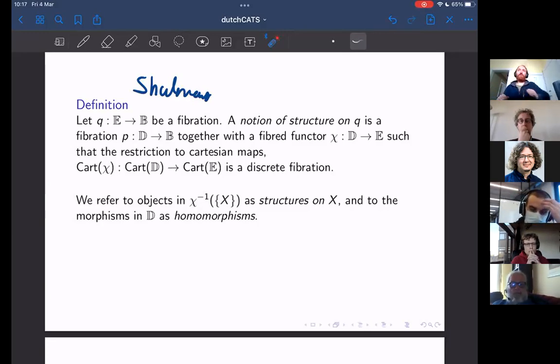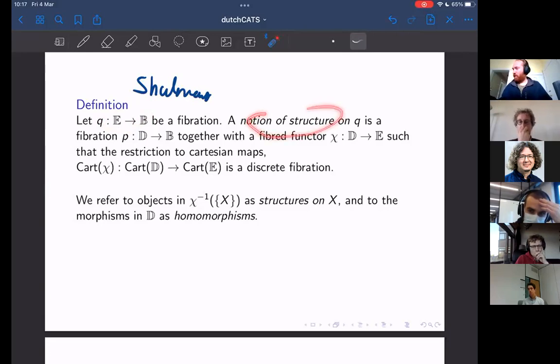Yeah, and I'll talk about those, and there's also one more example, but I'll just show you the example when I come to it. But for now, I'll just say the definition. So the definition is, we have a fibration from E to B, a fibration, and then